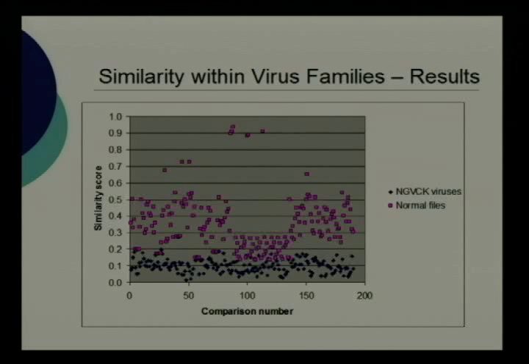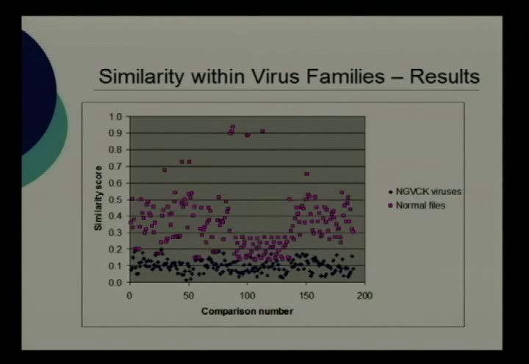Here, we are comparing similarity within a family, meaning we compare virus variants. And we can see all the 190 pairwise comparisons among the NVIC viruses have a score very close to 10%. They have scores ranging from 0.1% to 21%, and the average is 10%. A great contrast is the comparison between normal programs. They can have similarity from 13% to 90%, but the average is around 35%.